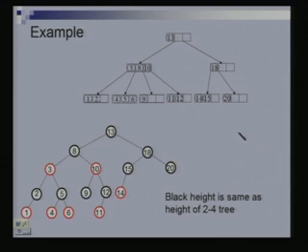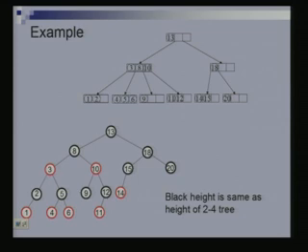Is everyone with me? So, you understand what red black trees are, and how they are related to 2, 4 trees. Basically, there is a 1-to-1 correspondence. Given any 2, 4 tree, I can create a red black tree. Given any red black tree, I can create a 2, 4 tree. In fact, the operations of insertion and deletion in a red black tree are exactly the same as we do in a 2, 4 tree. So, we are just going to mimic those operations in this setting, and that was one of the major reasons for doing the 2, 4 trees. Of course, it will require doing it carefully.